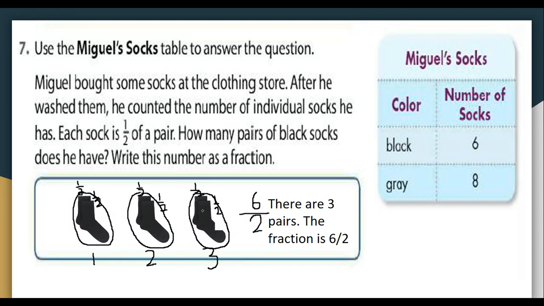And because we split this into halves, we have 6 halves. Remember, now we're getting into fractions greater than 1 whole. So we have 3 wholes or 3 whole pairs, and they were split into halves. So if we wanted to look at it in another way,